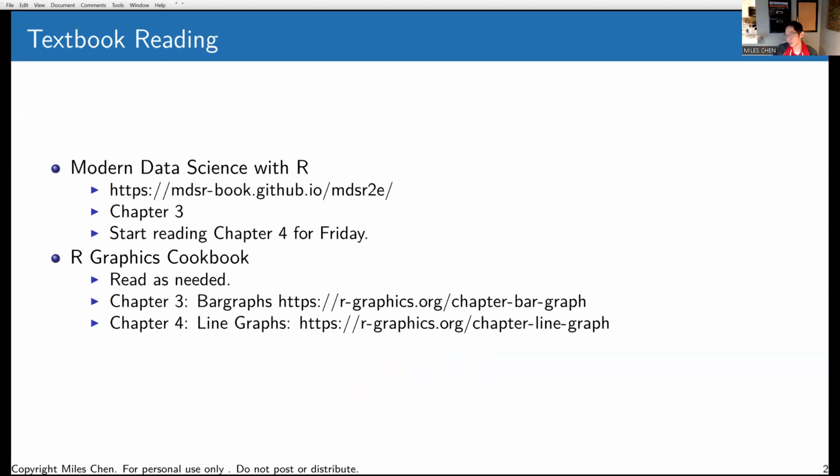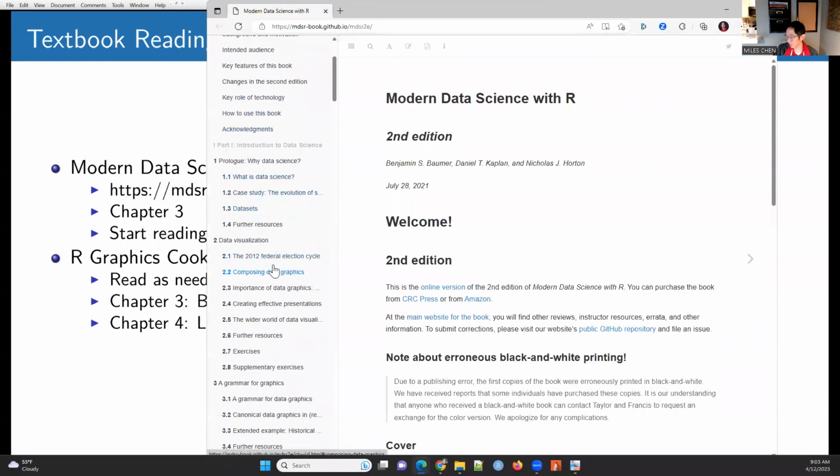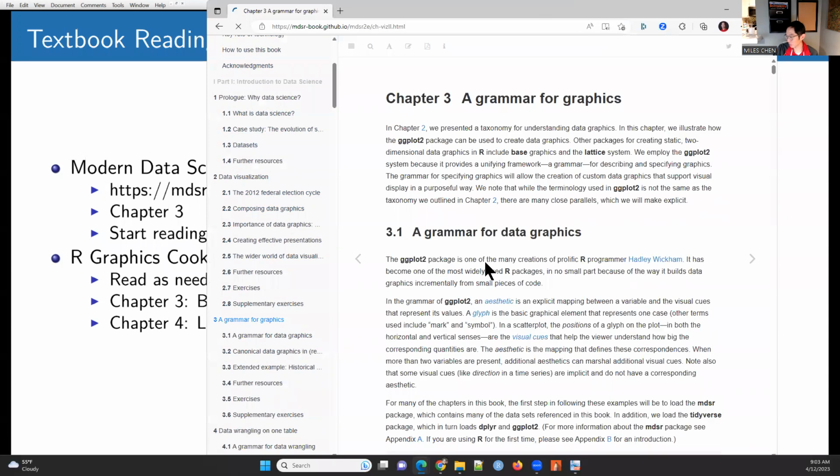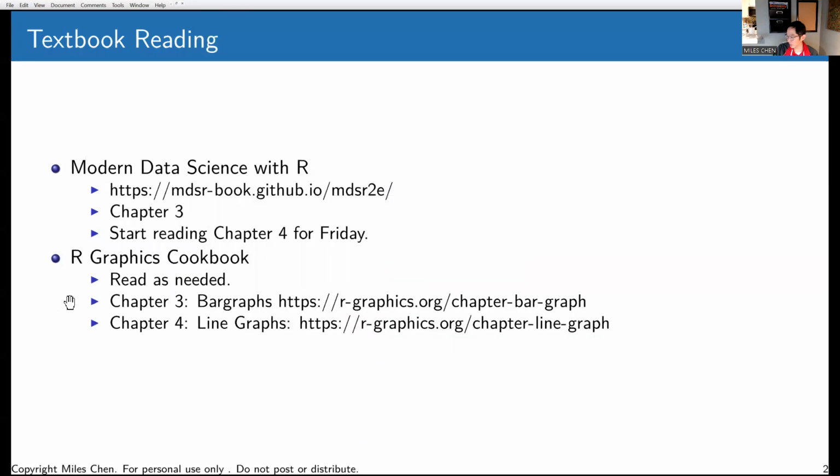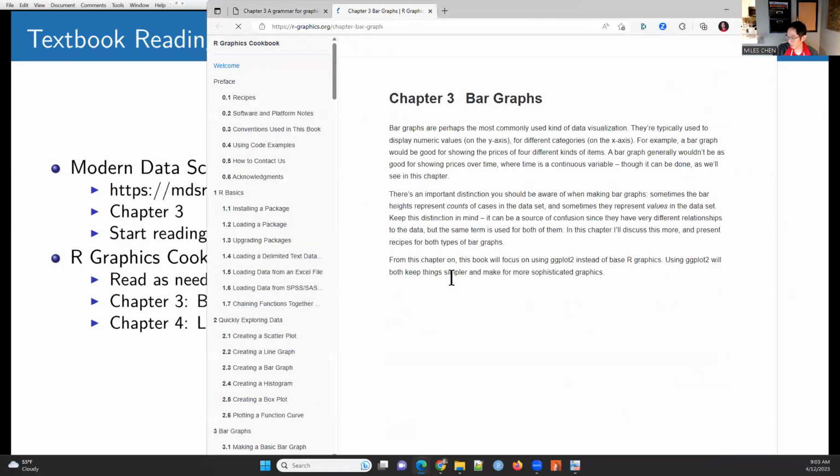Okay, a student on Campus Wire said, hey, what do we do for reading? Okay, so right now, be reading chapter 3. Chapter 3 is about the grammar of graphics, and so this is the chapter we're reading. Today's lecture is related to bar graphs, line graphs, and things like that, and